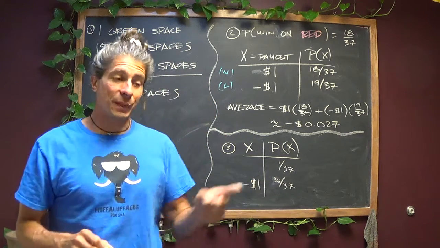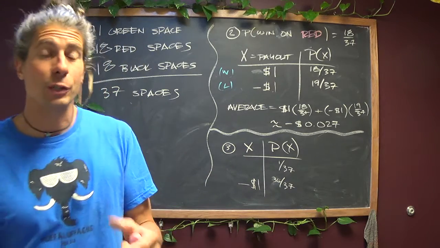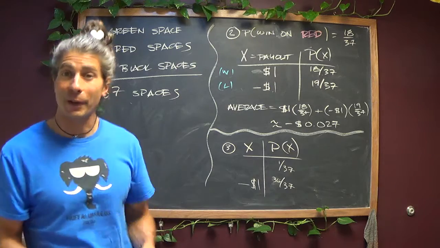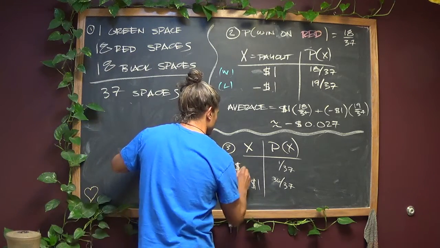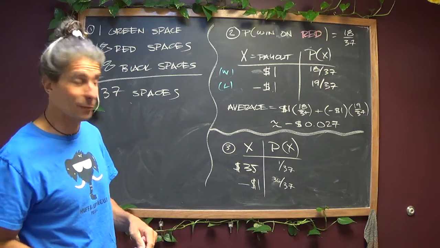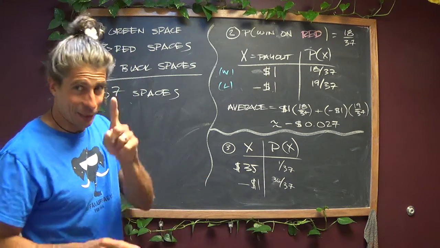What do we win if we win? It's a 36-to-1 payout, which means they give us $36 back for every $1 we bet. We clear 35. And then it's just a matter of running the average again. But what's so clever about this is, you'll see it in a second,